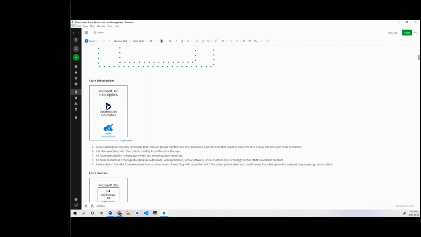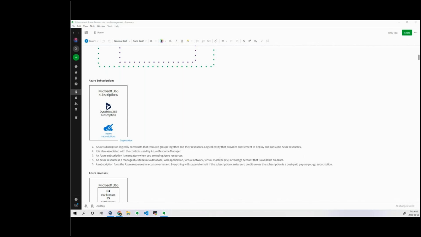Why is the billing added at the subscription level? Because under that subscription you will create a resource group, and under that resource group you will have the resources, and for how much time the resource has utilized the Microsoft-provided functionalities, the billing will be added. So that billing will be generated at the subscription level, not at the resource group level or the resource level.